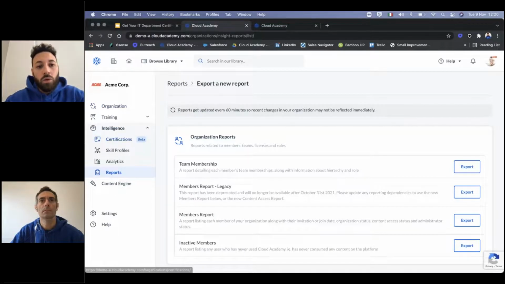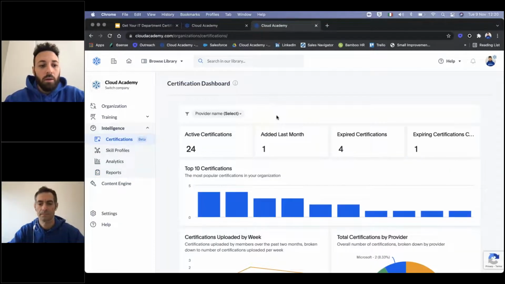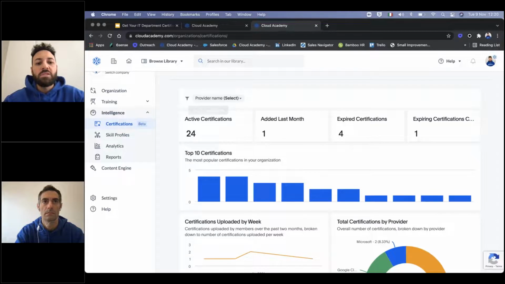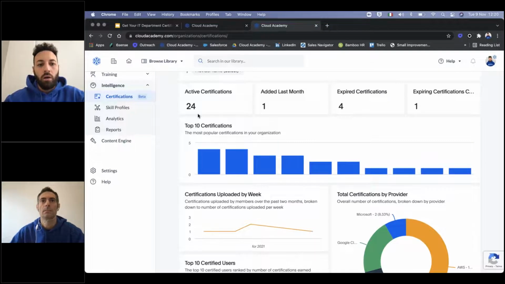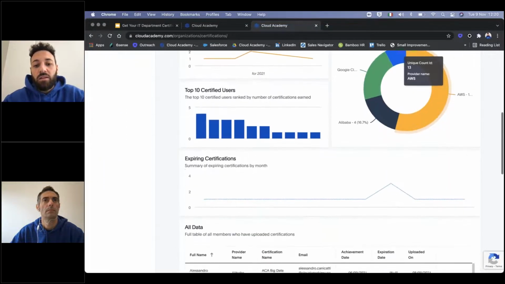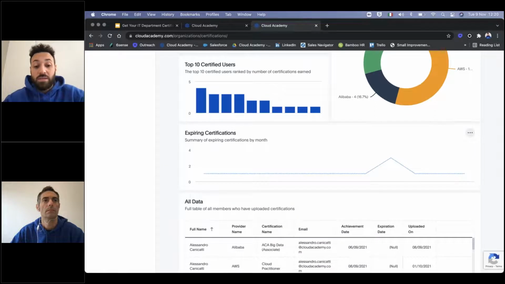Finally, I want to give you also visibility about the certification dashboard. I go there because I want to give you some information, and this is the certification dashboard that can give you visibility about how many active certifications I have at the moment, what kind of vendor, and basically here I also have visibility of the expiration date.